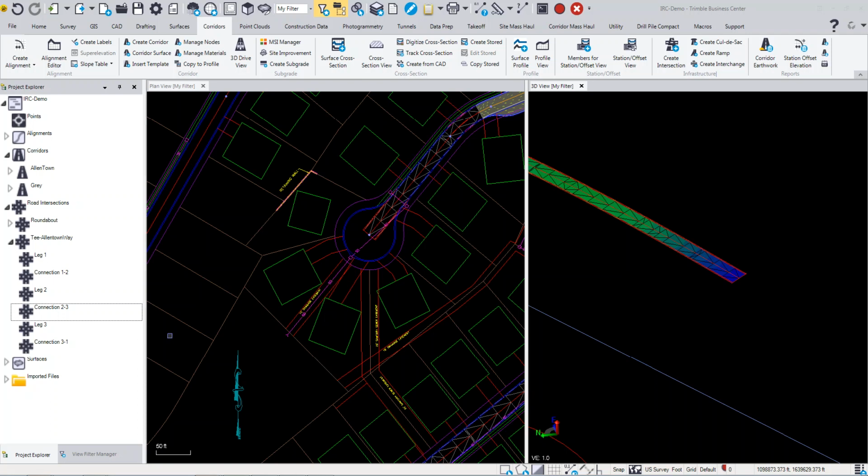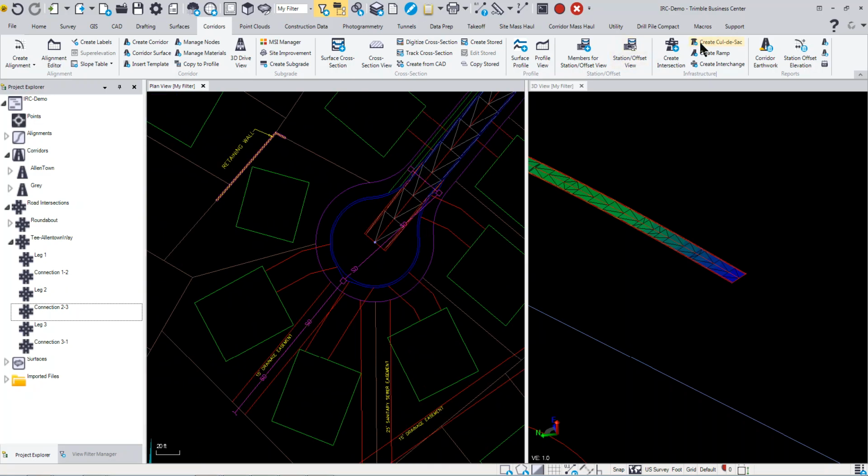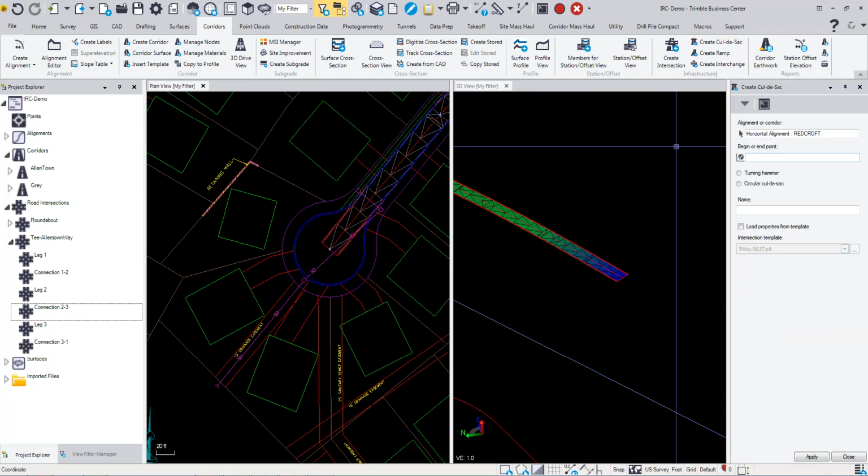Another feature in the Infrastructure Construction Edition, specifically with intersections, is the ability to create a corridor cul-de-sac. So basically you need an alignment or a corridor built, and on the corridors tab, over by infrastructure, you'll find create cul-de-sac. So I'm going to select that. It's going to ask me for an alignment or a corridor, so I'm going to pick this particular corridor here,